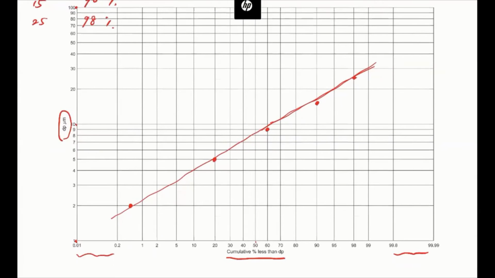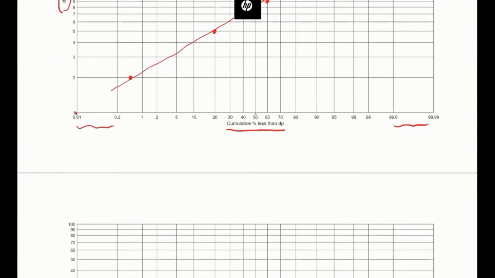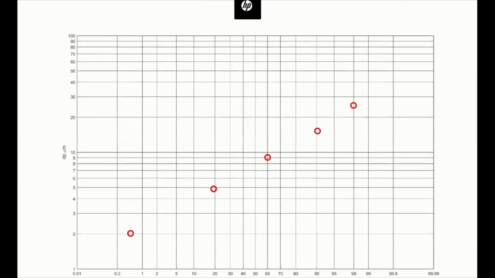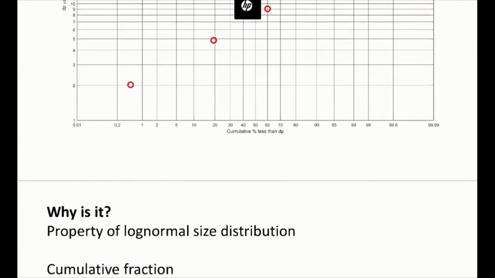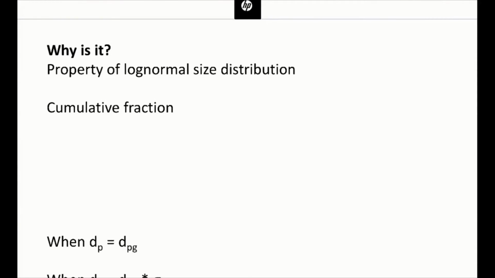So we may have a question: why is this plot so magical, right? Basically these are the data points again, right? It has to do with the properties of these log normal size distributions. So